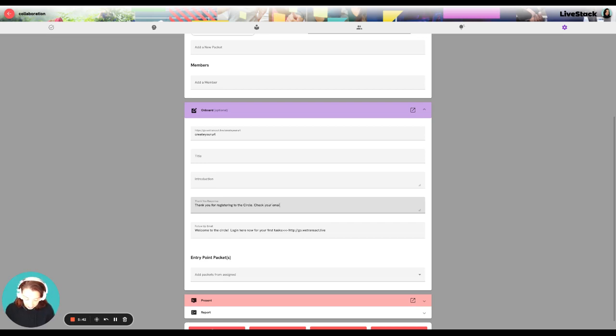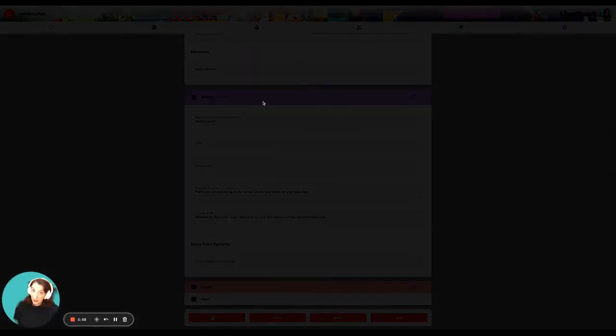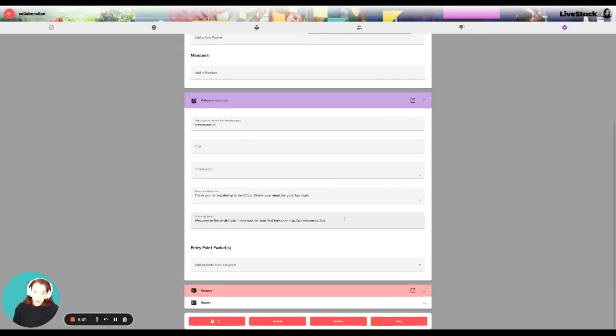Check your email for your app login. Great. So this is the bare minimum when you're setting up your URL so that from now on, you do not have to do anything manually from registration. You give this link, they'll see this message,